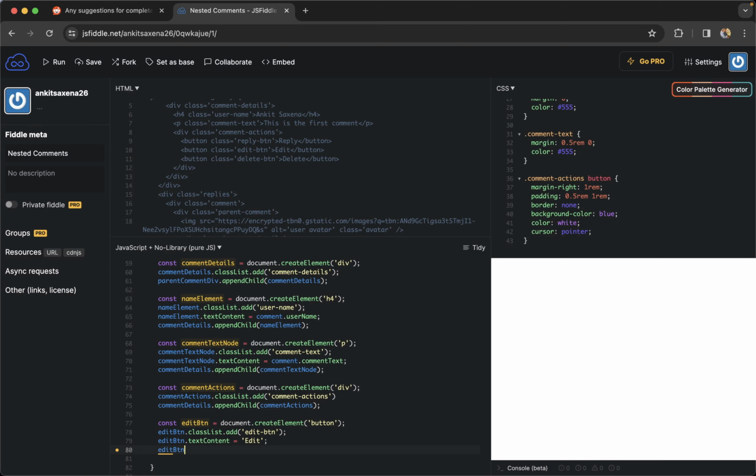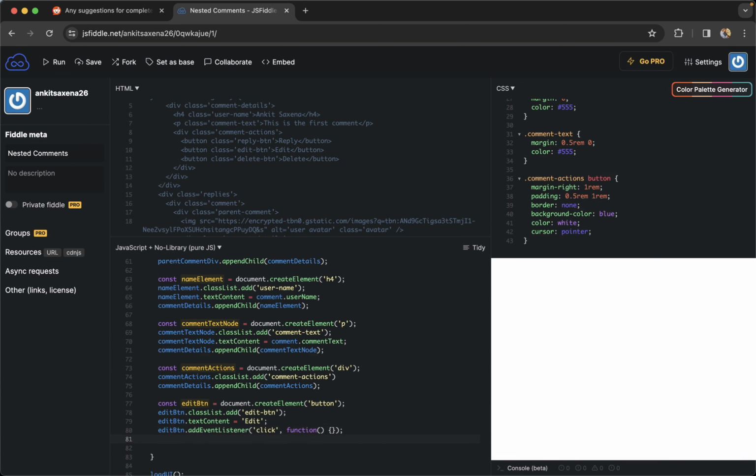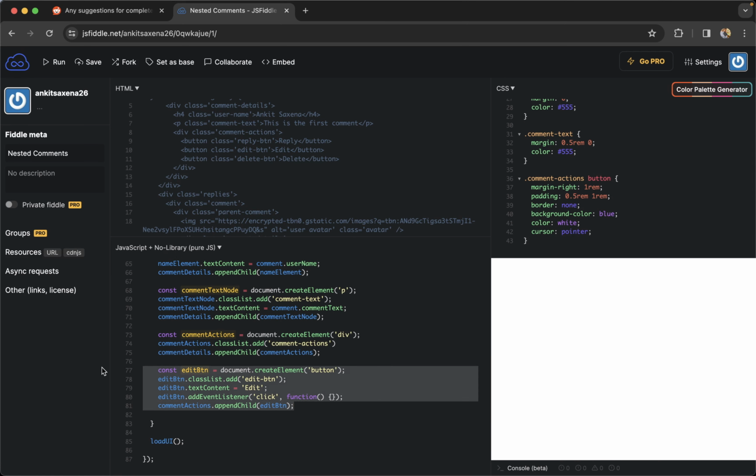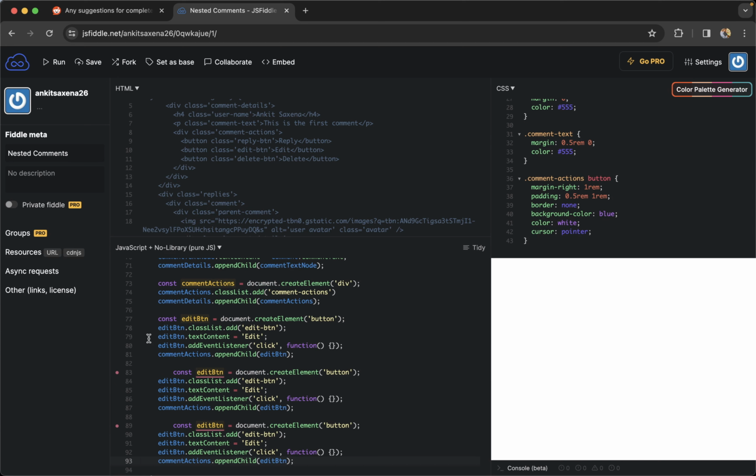So editButton.addEventListener. It will be an onclick event listener, and the function for it we will create soon. Then we need to append this edit button to our comment actions div. So commentActionsDiv.appendChild(editBtn). Cool. Now we need to repeat the same thing for the reply and